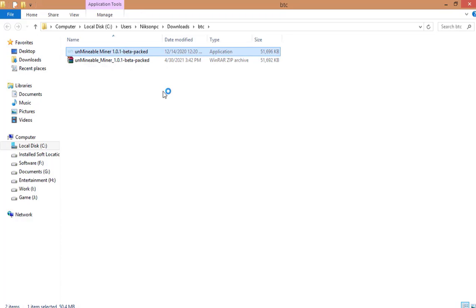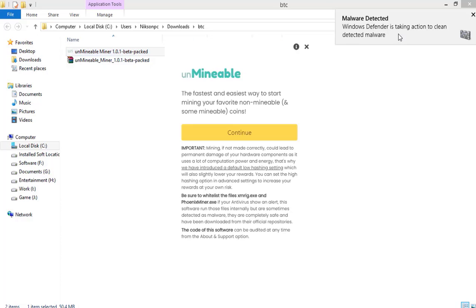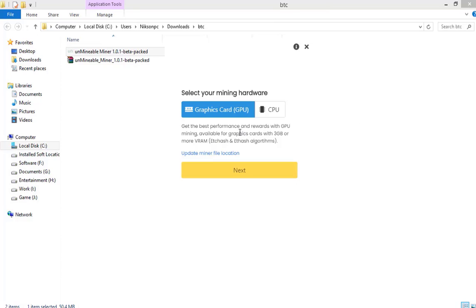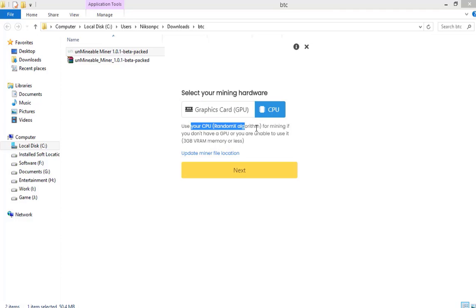Whenever you try to open the software, your antivirus will warn you that it's a virus or some malware, but it's not, because this is going to use your computer power to generate some Bitcoin. So you have to just turn off your real-time protection when you are mining Bitcoin with this software.